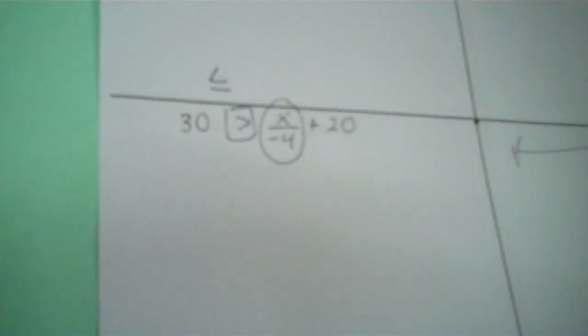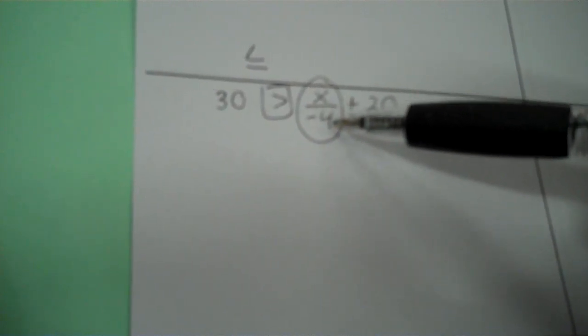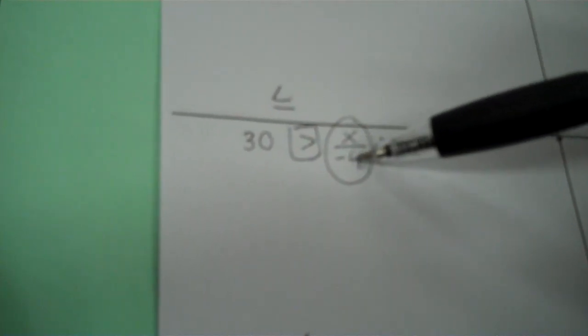Okay, so here you go. I've circled the divide parts by a negative, okay? If it's by negative, the sign switches. So look at here. We switched sign because we had to multiply by negative. We didn't switch sign because we had to divide by positive. Don't switch sign because the multiplying was by a positive, and that's by a negative, okay? So,